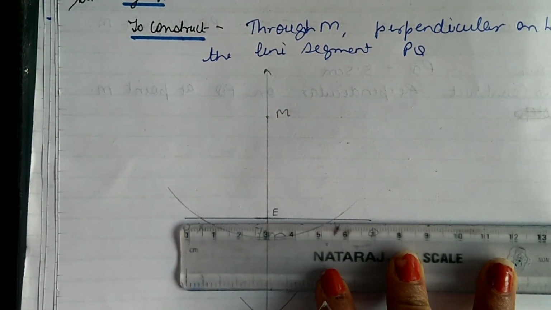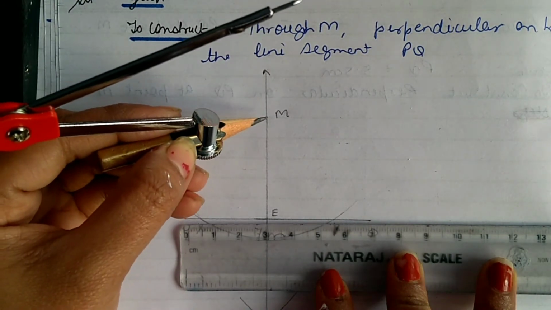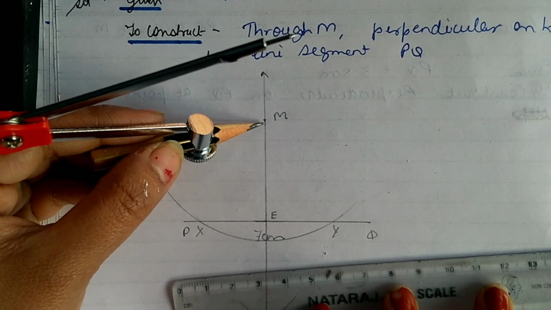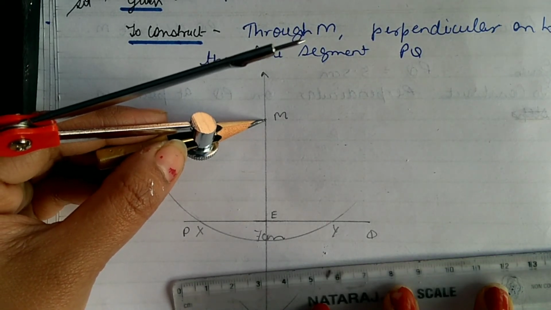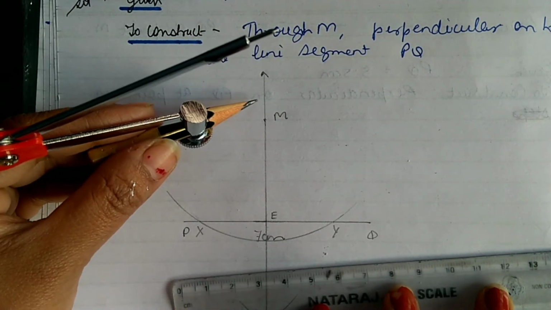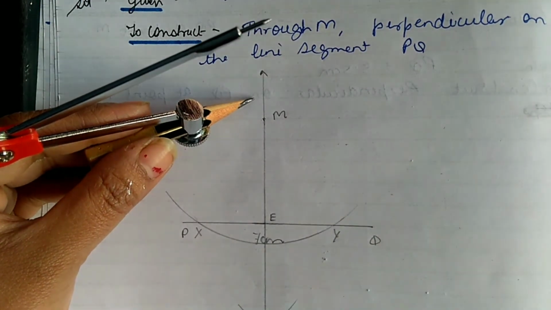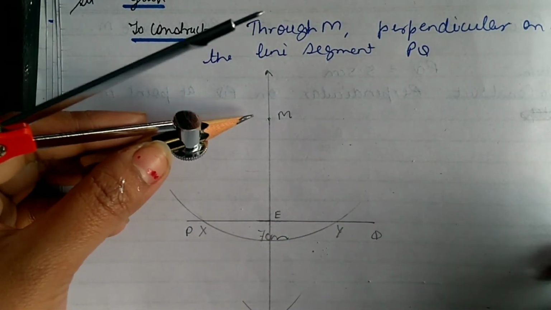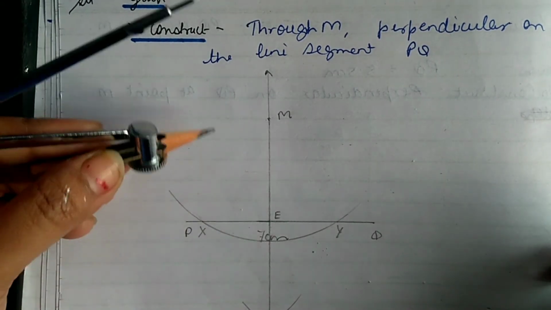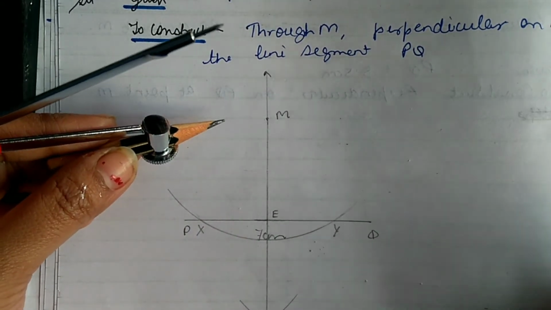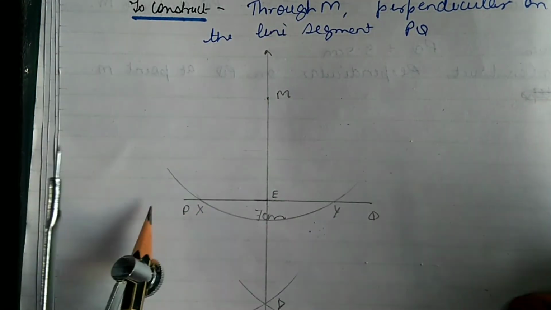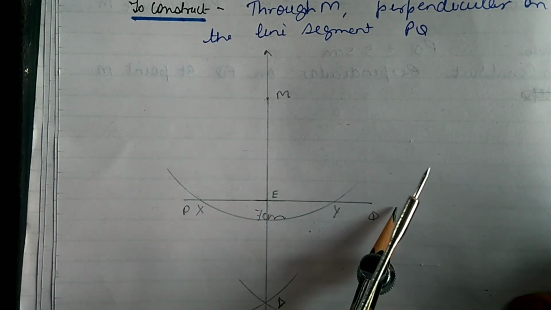आफ्टर दैट एक ऐसा पॉइंट आपको M लेना है, अपने मन से कहीं भी ले लीजिए, जो इसके बाहर. I have taken this point M outside this line segment PQ. One can take downward also, but it's preferable to take point M on the upper side of this line segment PQ. After that you have to draw perpendicular through this point. इस पॉइंट से हमको एक perpendicular draw करना है जो कि PQ से perpendicular हो.